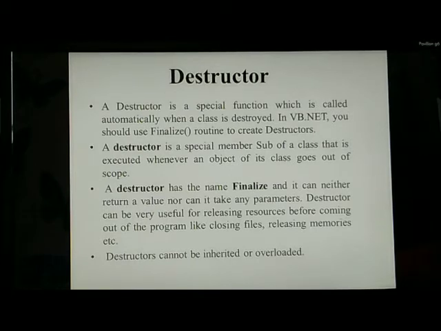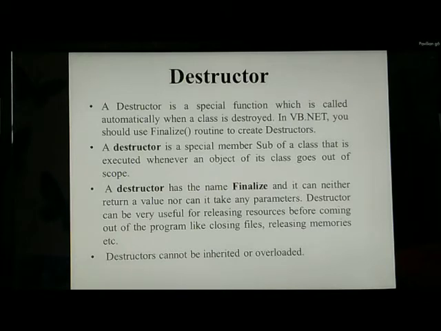A destructor is also known as a finalizer, and it is the last method run by a class, and the opposite is true for a constructor, which runs first. For example, a constructor is the first method that is run when an instance of that type is created, and the opposite is in a destructor. Generally, in a destructor, you can place code to clean up the object after its use.